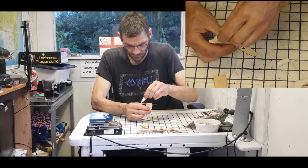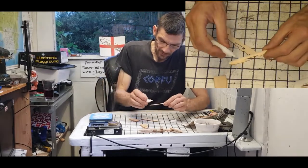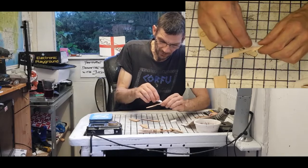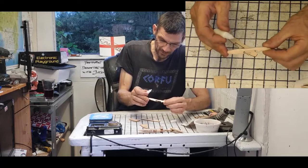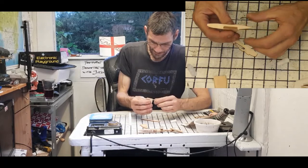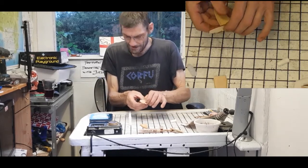Again, just spread some glue out. I've got some PVC glue somewhere if this runs out, so it's not a big deal. Just give that a little bit of a spread. This is quite thin wood, so don't get excited with it and heavy hand it. And you can see that's quite flexy. So again, insert the wings, add the fuselage. We'll take our pegs,